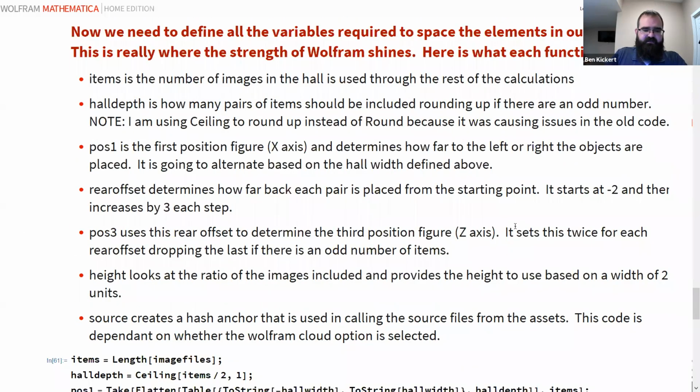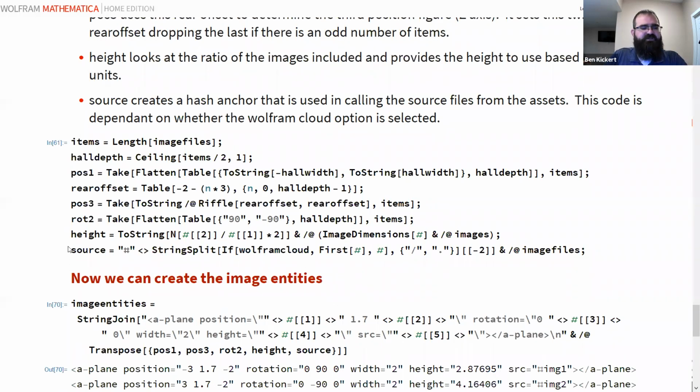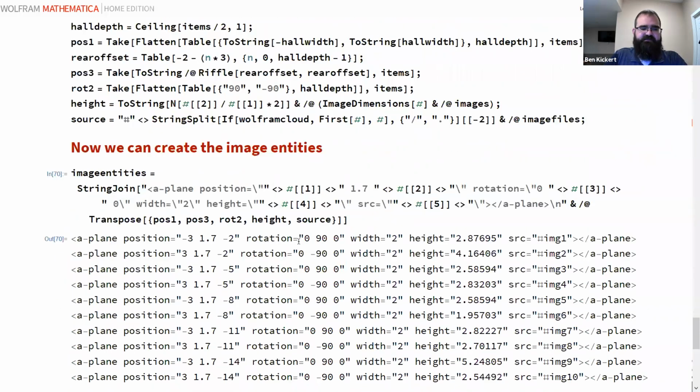Just like what we did, this is essentially the same code as what we have with the color swatches, but we're going to calculate all the positions of those images. We're also going to add the source name, which is simply going to call from the files that we created, so that we can use the anchor in the assets. Again, just like we've done before, all of these entities are now created. The program tells you where things are going to be